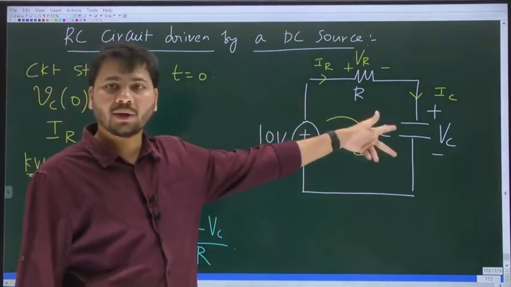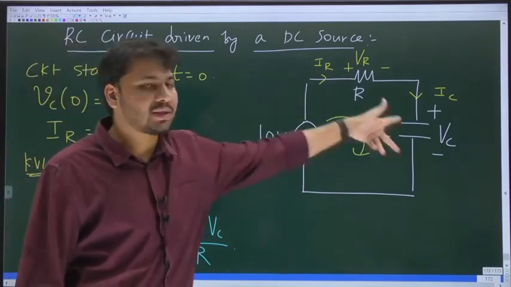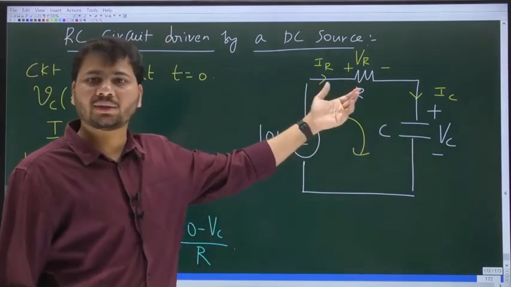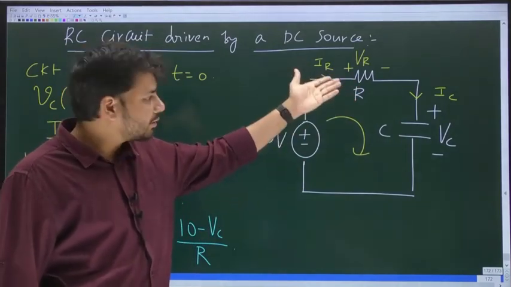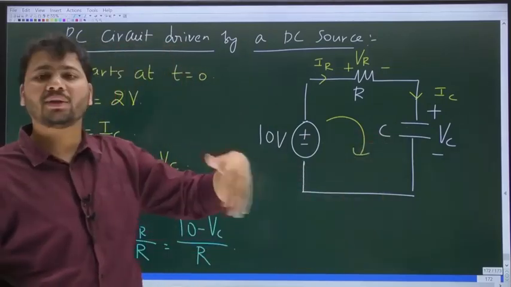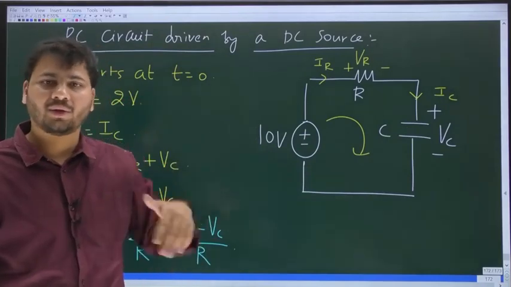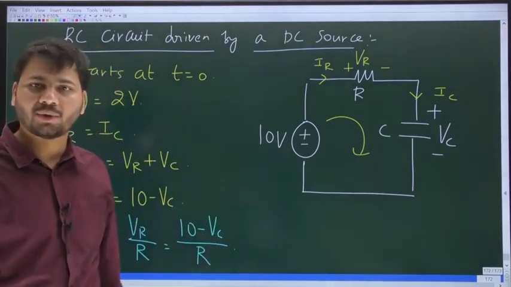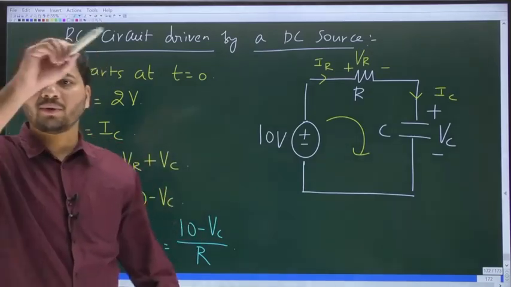When the capacitor gets charged to the applied voltage, which is 10. This is 10, this is also 10. What is the drop across R? 0. Drop across R 0, then the current through R is 0. If the current through R is 0, then the current through capacitor is also 0. Only when the current through cap becomes 0, the rate of charging becomes 0, or the rate of change becomes 0. Current through cap 0, voltage remains constant, then Vc remains at